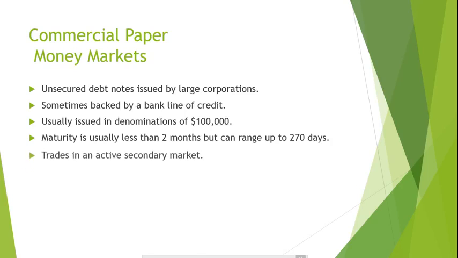Commercial paper is considered to be a fairly low-risk investment. Commercial paper is quite liquid and trades in an active secondary market. Most issues are rated on the riskiness by at least one agency, such as Standard & Poor's. Commercial paper yields are mostly dependent on their time of maturity and the issuing company's credit rating.